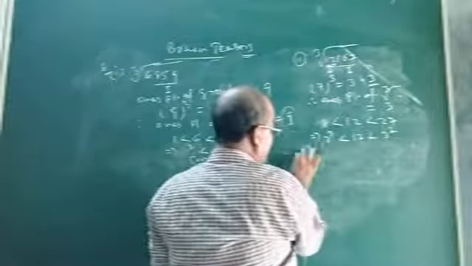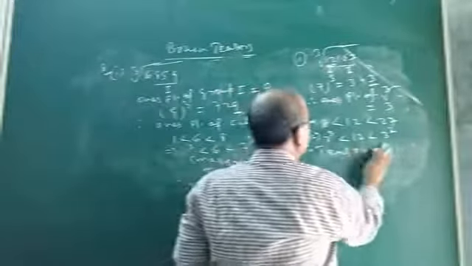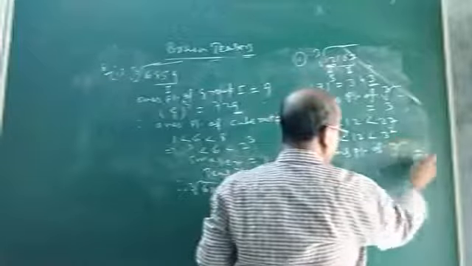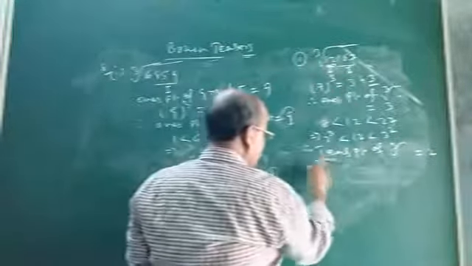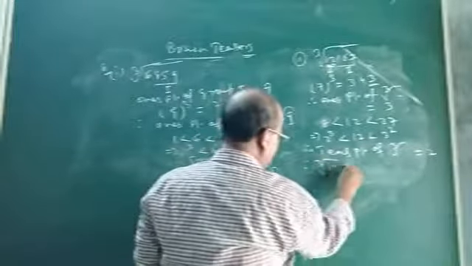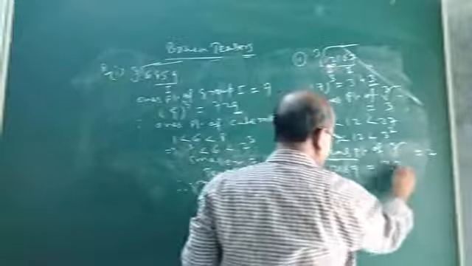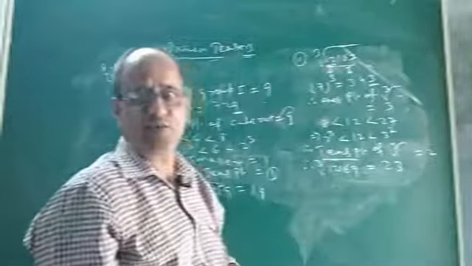So definitely the tens place will be which one? Therefore tens place of cube root will be equal to how much? It will be 2. So what is the cube root? So the cube root of 12167 will be equal to 23. Tens place 2, ones place 3. So the desired cube root will be 23.